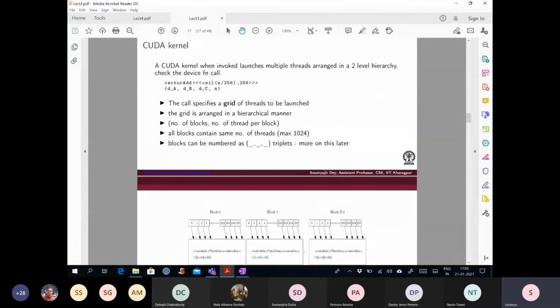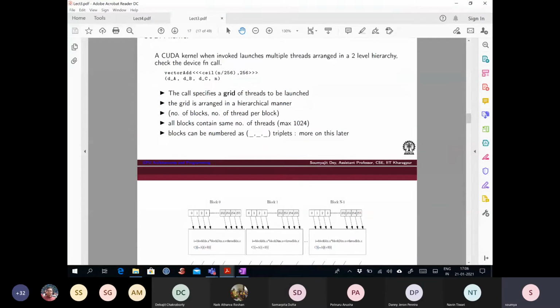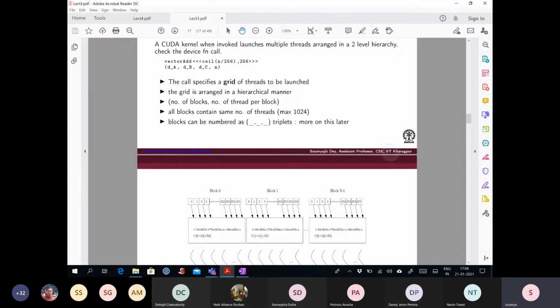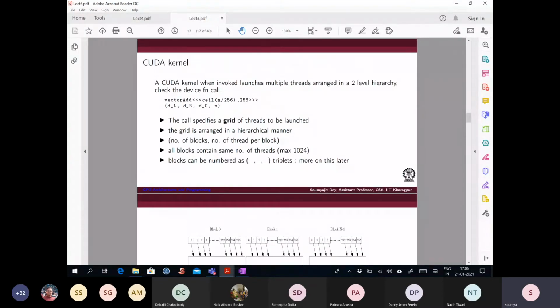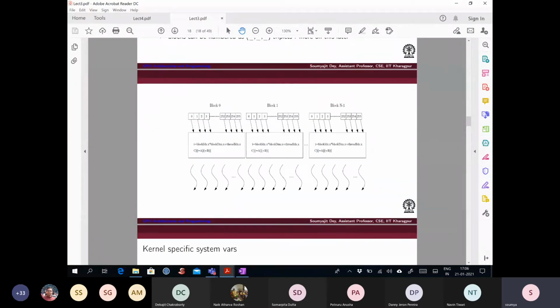And the next thing that came up was how you really pack the set of CUDA threads when you are launching a kernel. So the entire idea is about writing a parallel program with a huge number of threads, right? And how you specify the threads has a lot to do with how your kernel will perform, right? We'll see that later on. But you first have to learn how to specify this packing of threads using this idea of grids and blocks.